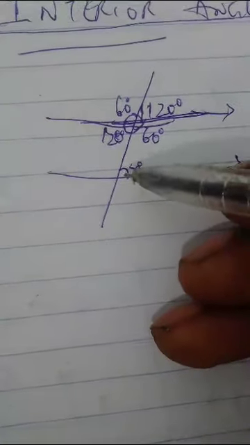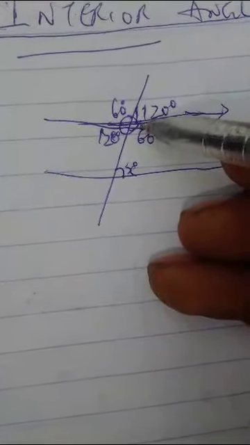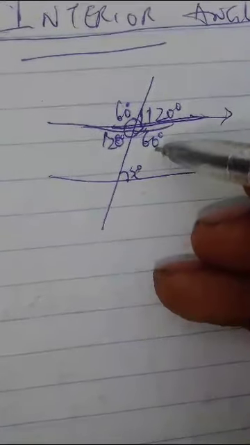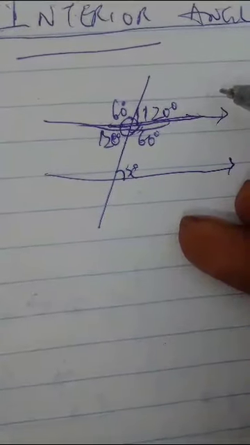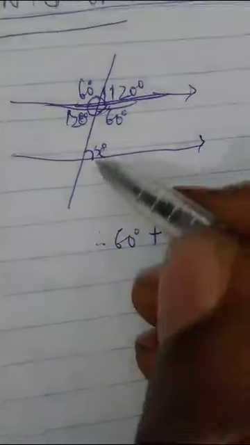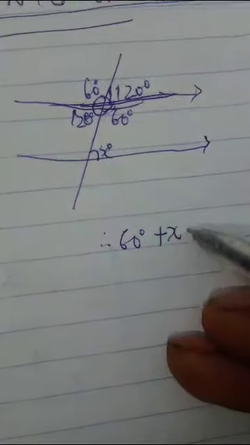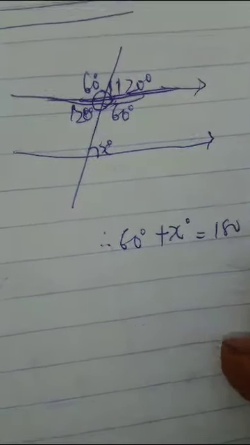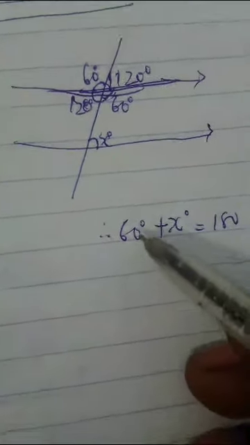If we want to work here, these are interior angles. So just 180 minus 60 degrees will give us 120 degrees. Therefore, your X is 120 degrees. So you can work it out, you say 60 degrees plus this X here plus X degrees is equal to 180 degrees. Don't forget I told you move the figure